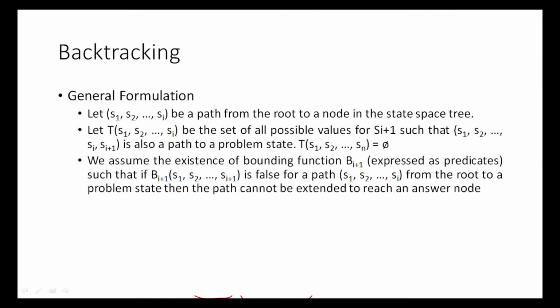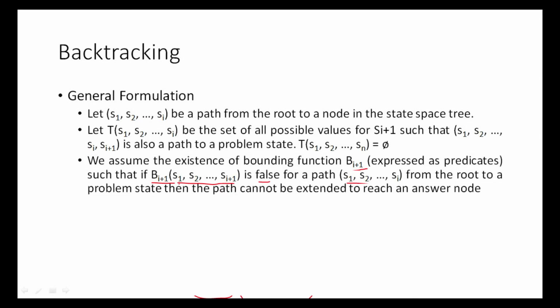We assume the existence of a bounding function Bi plus 1, expressed as predicates, such that if this bounding function Bi plus 1 is false for a given path at a particular node in the state space tree, if it is false for a path S1, S2 and so on up to Si,